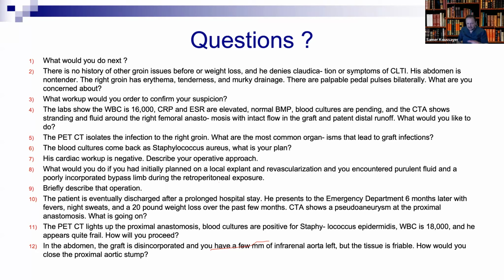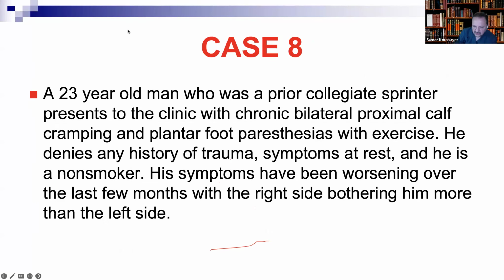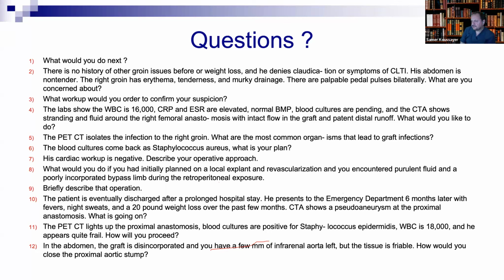But most people use the prevertebral fascia and flip it over to give more strength, and secure it with a suture to strengthen the stump. But most mortality after this surgery comes from blowout of the aortic stump. This is how people die from that. I think, yeah, we're done with this. Any question about this case?